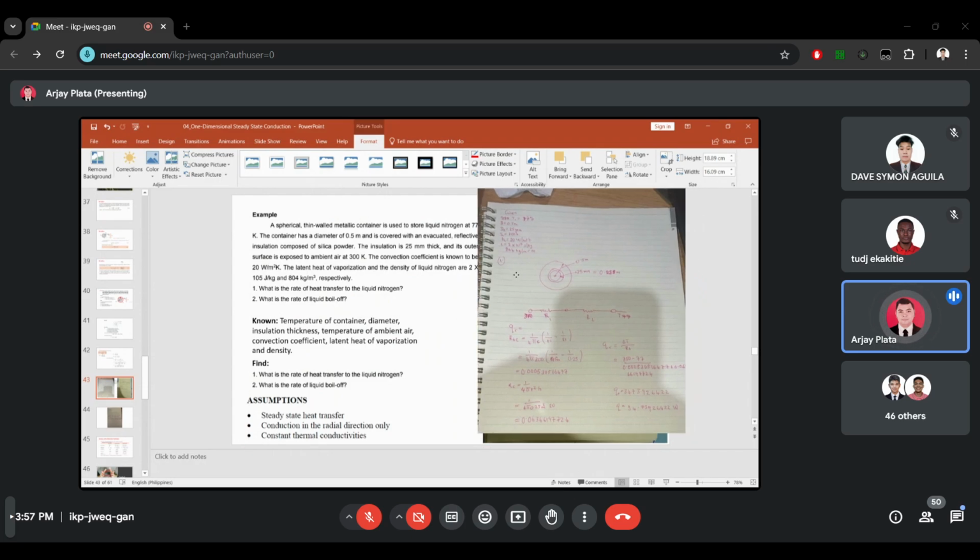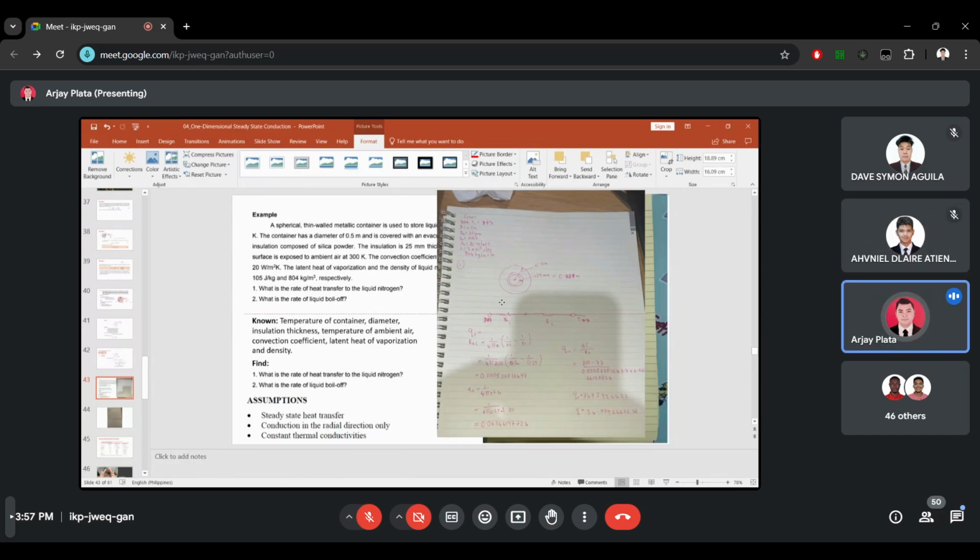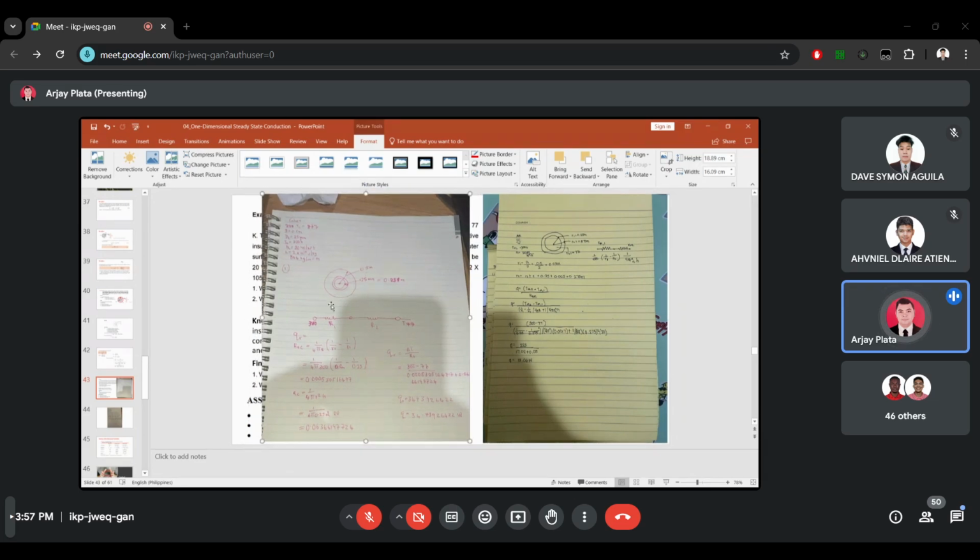I think this 300 is the temperature, so it's not thermal conductivity maybe. Yes sir, 300 Kelvin is the temperature. Okay, so I got the difference now. Taji used the temperature, 300 Kelvin, instead of the thermal conductivity, which should be